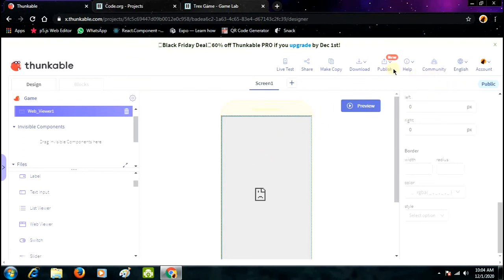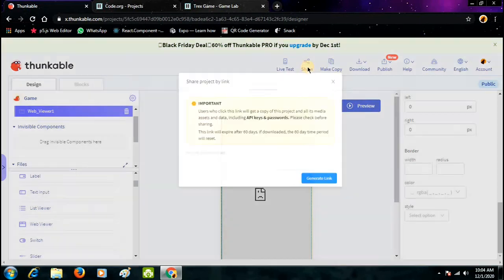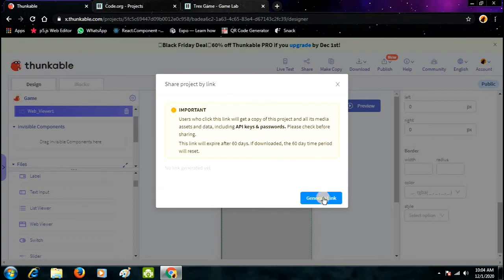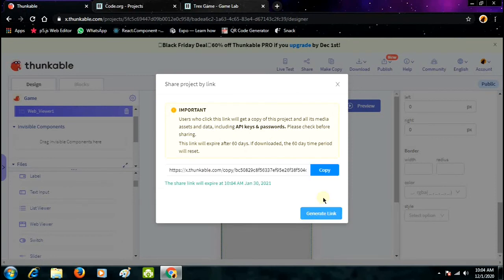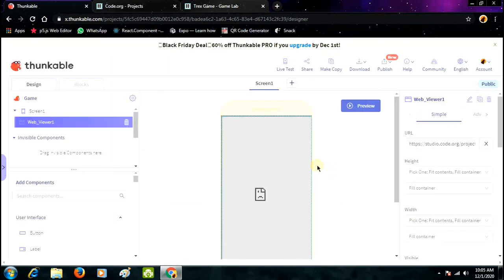That also I will show you. Here you can see make a copy, and if you want you can share it also. Just click on generate a link and copy it, and then you can share it with your friends. You can see it has reloaded.